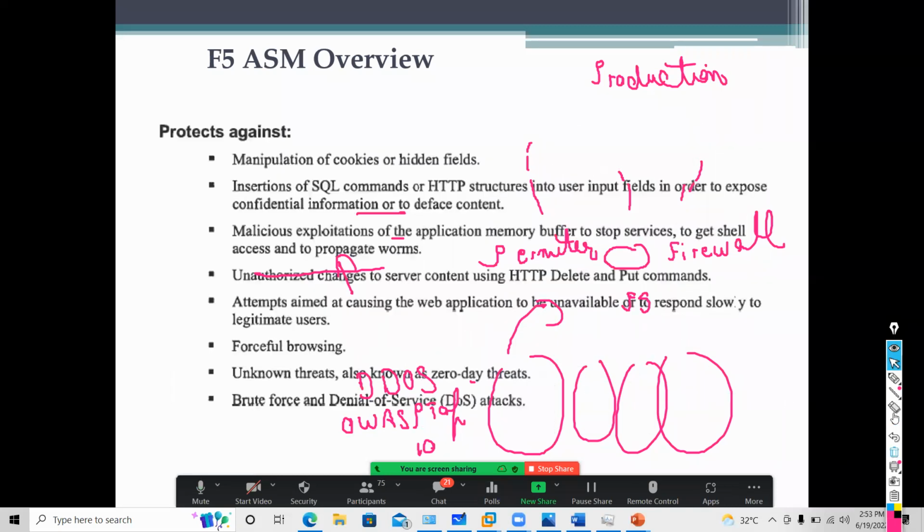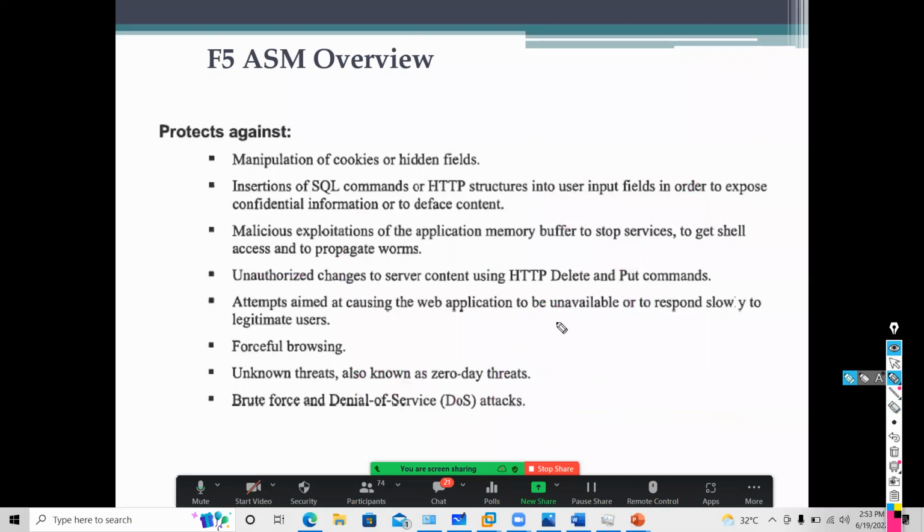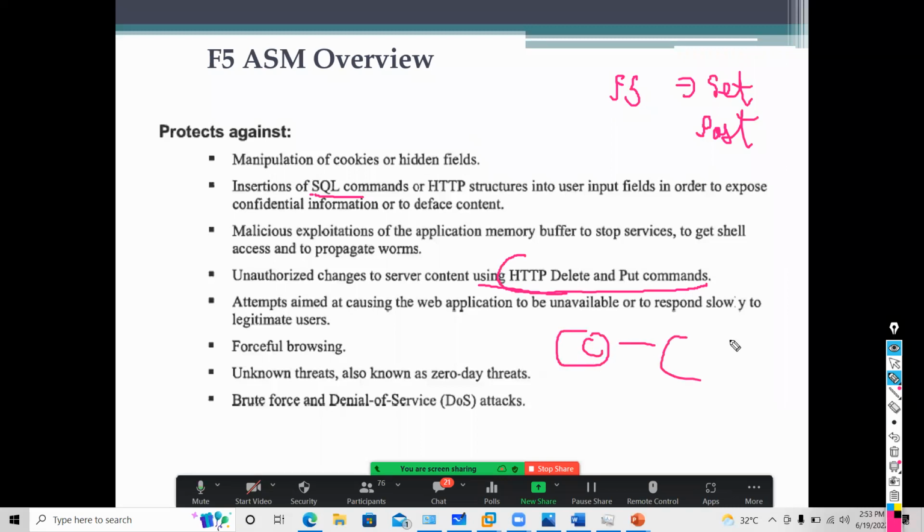So see, what are the different types of attacks? I'm just giving you an overview. It can protect from SQL related attacks. It can protect your HTTP. Let's say by default my F5 only allows GET method and POST method. Let's say I have a client, I have an F5, I have a database.